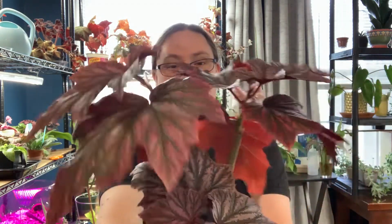Begonia Pink Minks is one of my top 5 houseplants for January. Okay, and then we're gonna do this guy, which I just watered, so it's gonna drip a little bit of water, but that's okay. All right, so this is